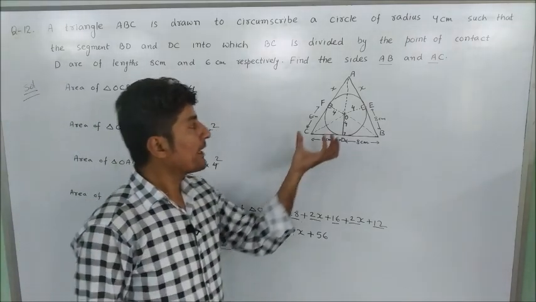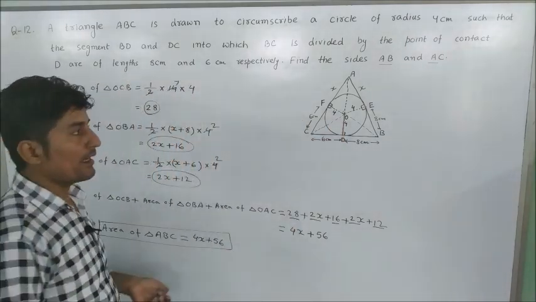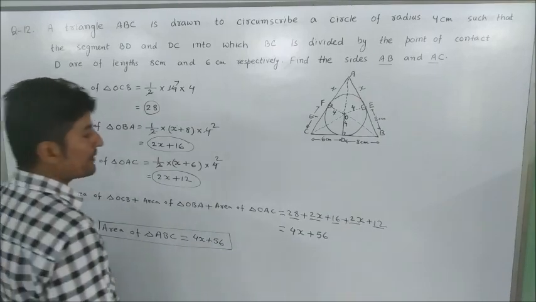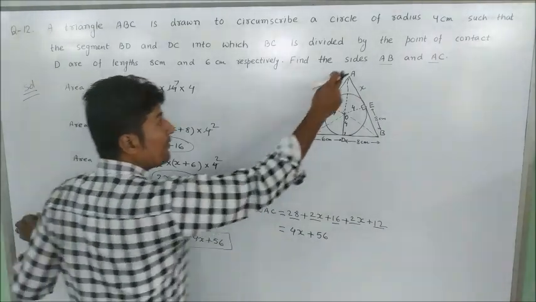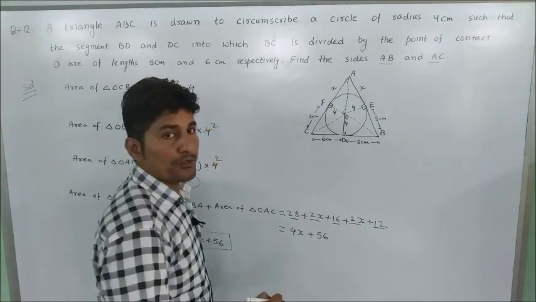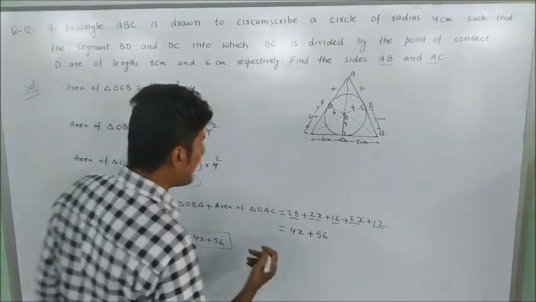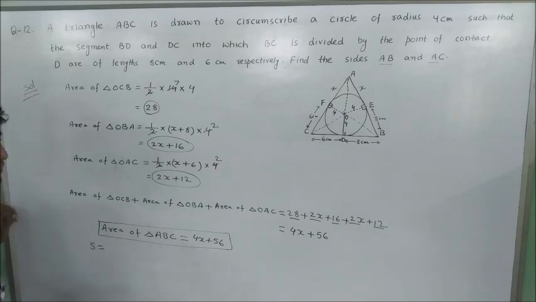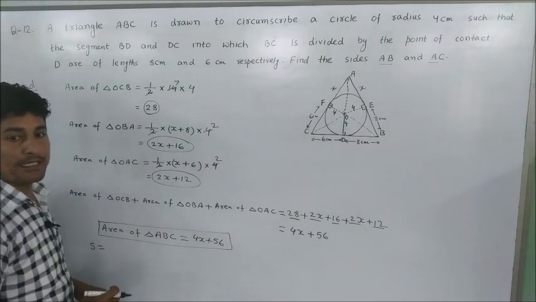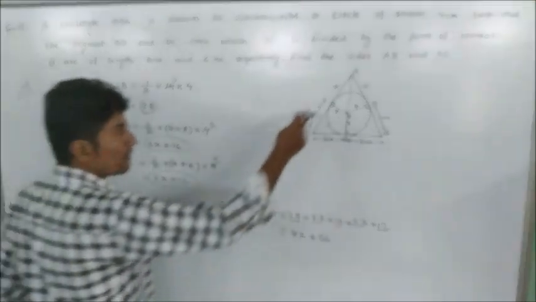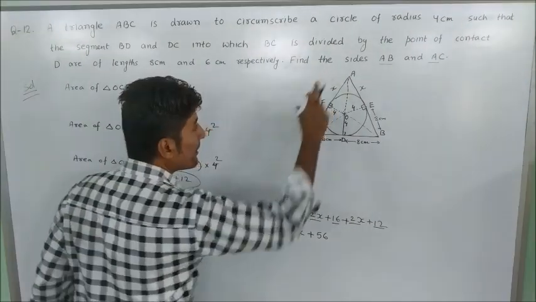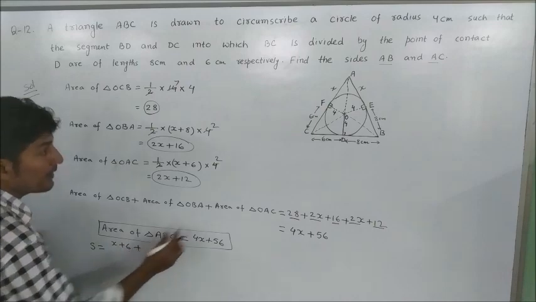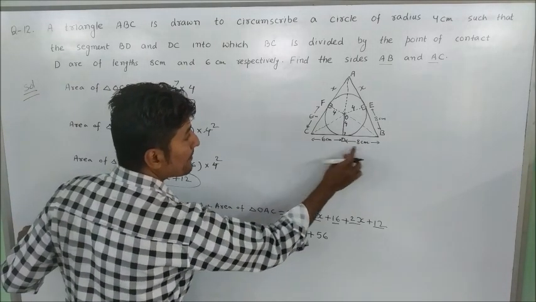After that, we will calculate the area of triangle ABC. So let us see how to find the area of triangle ABC. Here we will find the area of this triangle ABC by using Heron's formula. For that, first of all, we will find the semi-perimeter. S is equal to a plus b plus c divided by 2. So the measurement of the first side is x plus 6. You can write here x plus 6 plus the measurement of the second side, which is 6 plus 8.